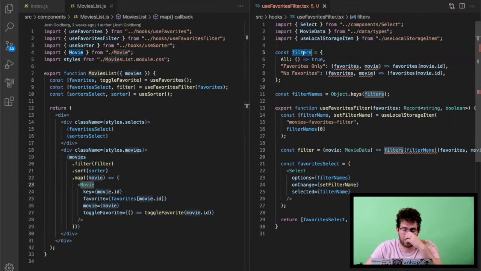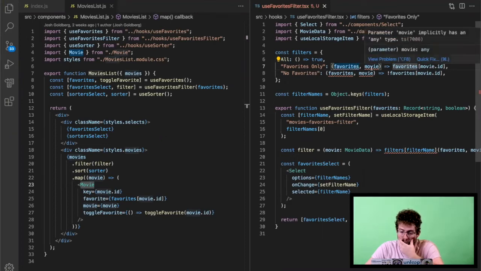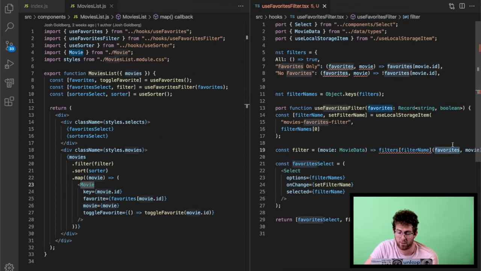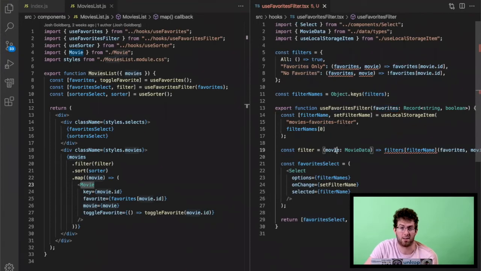Well, filters here is an object which seems to have string keys and values that are functions that return Boolean and take up to 2 parameters, one of which is favorites and the other of which is movie. Well, we know that favorites is record string Boolean from here, because that's what's passed. Filter is a filter name, parentheses, favorites. And we know that movie is of type movie data, because that's also what's passed in this filter,